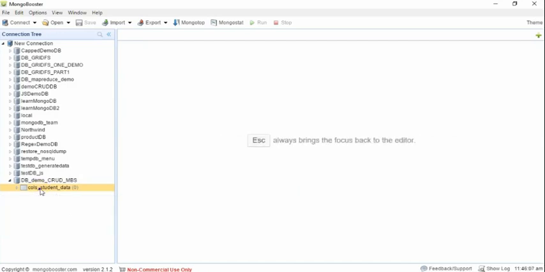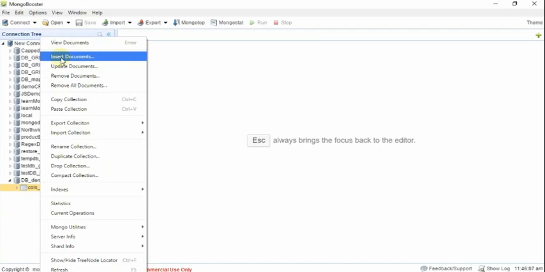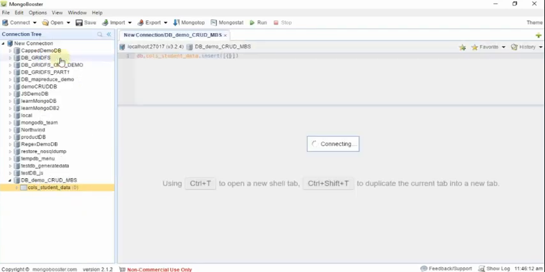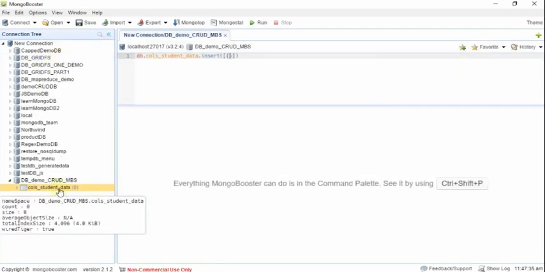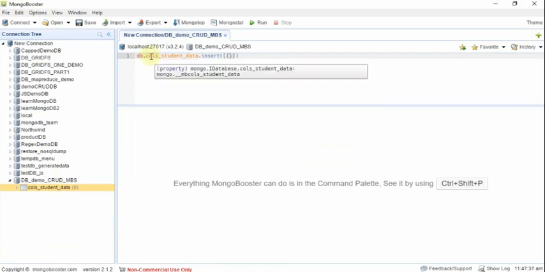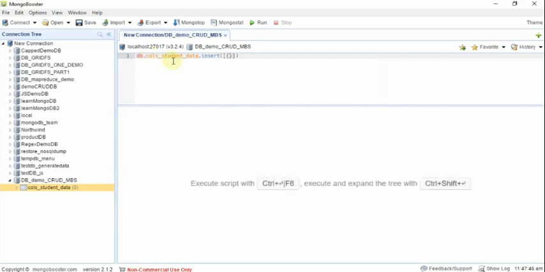To insert a document, right click over here, click insert documents. This is different when compared to RoboMongo software, because in RoboMongo we are presented with a window in which we can edit the JSON data directly. Here we are presented with a query. Inside the curly braces, you need to feed in your JSON data. In our case, it will be student data,